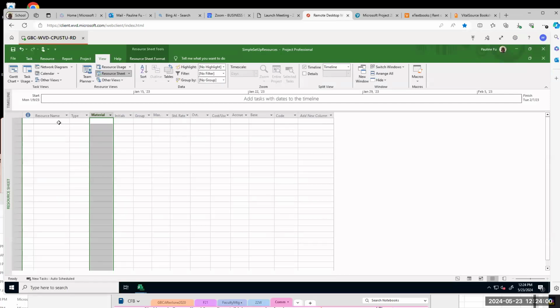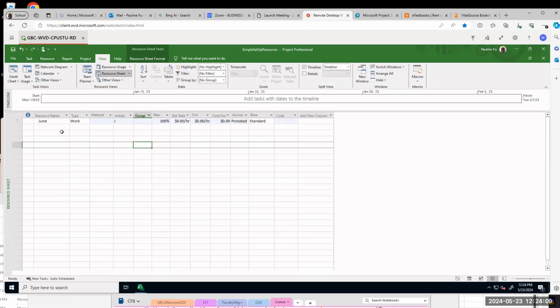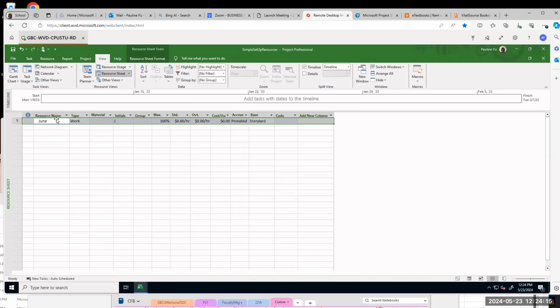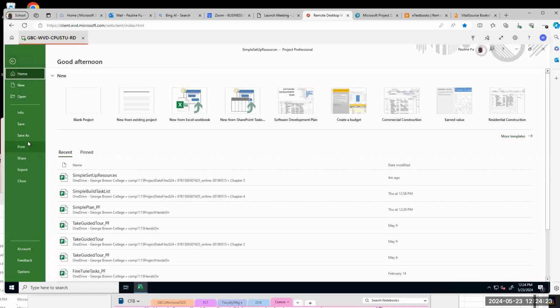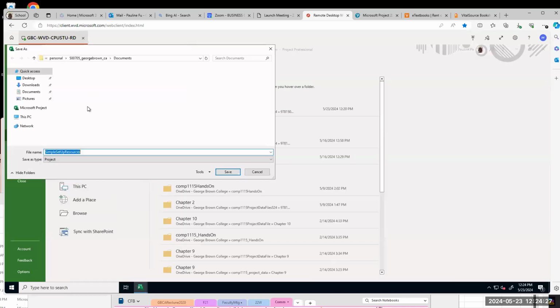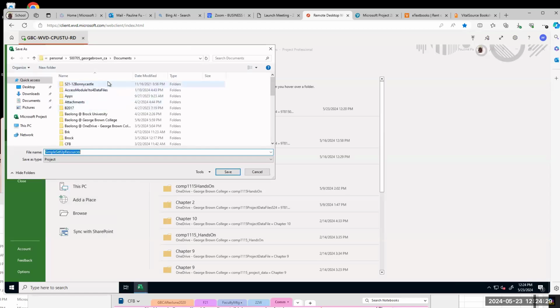Okay, now I will type in resource name, Jun Cao. I'm doing step 2 now. Before we do anything, remember, each time, this is my mistake: when you open the file, save the file before you do anything else. So I'm going to click File, Save As, save it on OneDrive, George Brown.